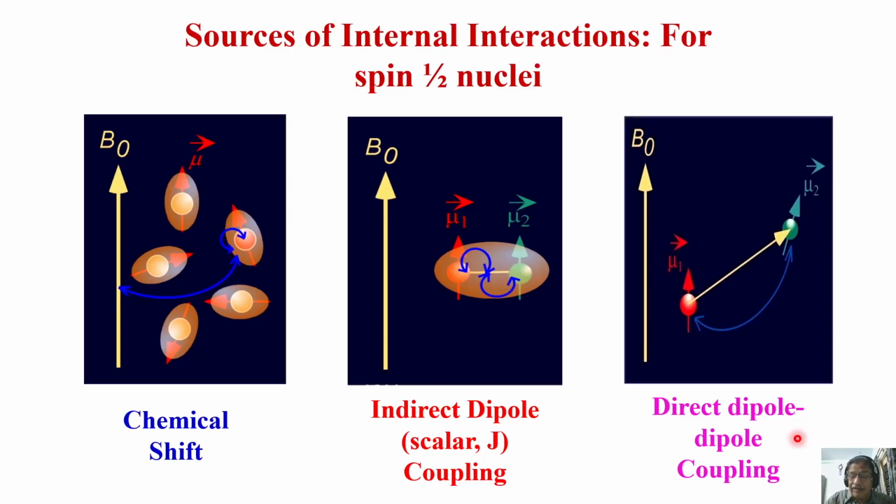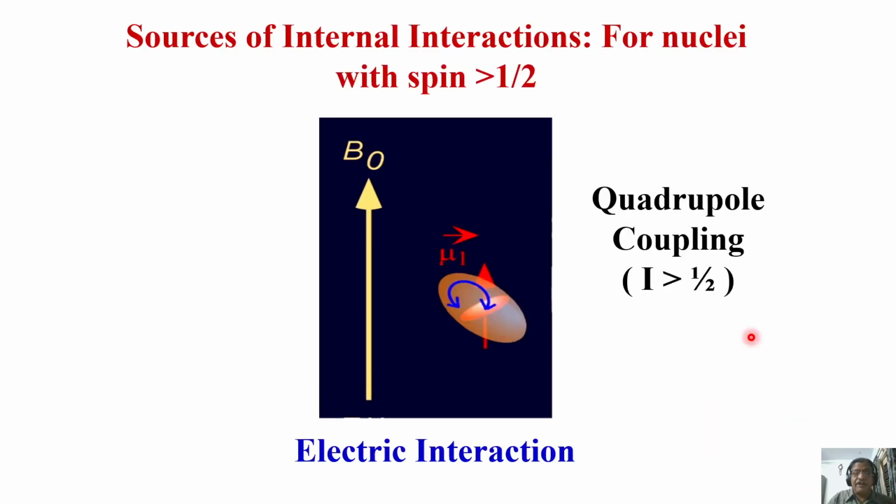This is given by Dij. This is Jij, the coupling between two spins i and j. The dipolar coupling between two spins through space is called Dij. Of course, you can use different notation, but colloquially, most commonly, Dij is what is referred to as the direct coupling. Of course, the next one I said is spin greater than half.